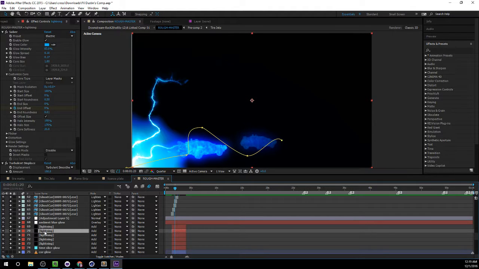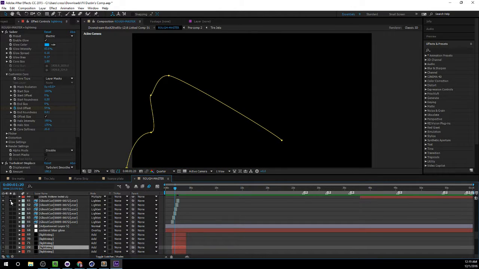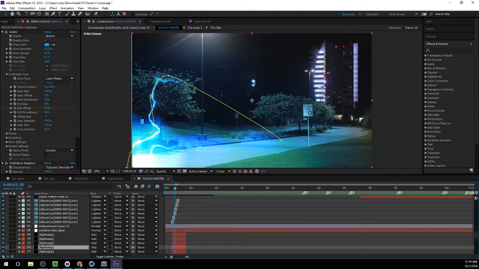Let's see if I can find one that you see kind of animates over here, and it's got this displacement effect on it that kind of gives it that really snappy electricity look. All right, let's see. From there,